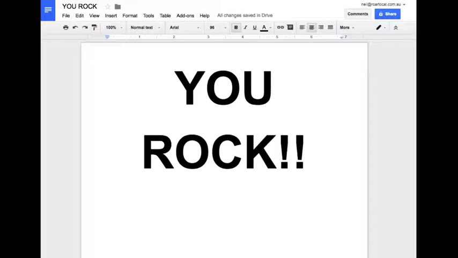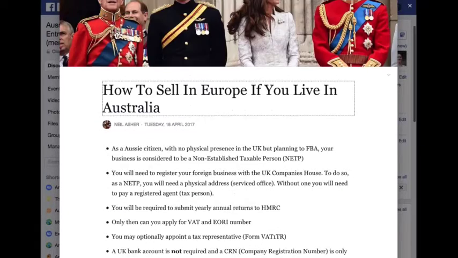So Mel says, Neil, could you go through the forms for setting up for selling on UK Amazon, referencing the docs for reselling in Europe that you put together? Okay, so, well, the first thing to notice is